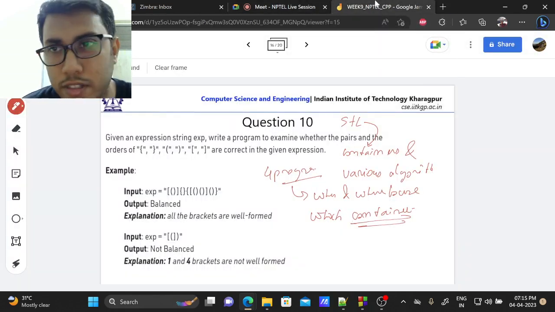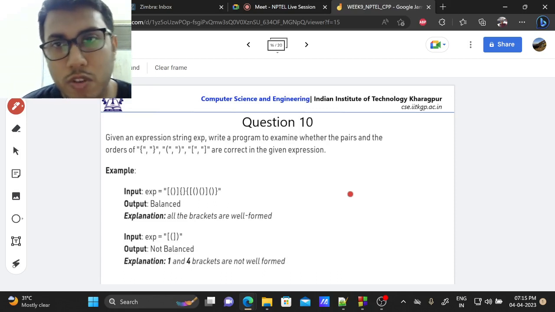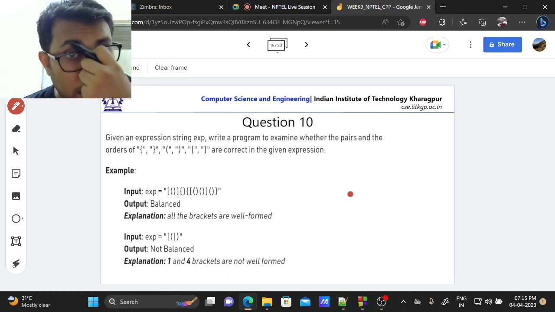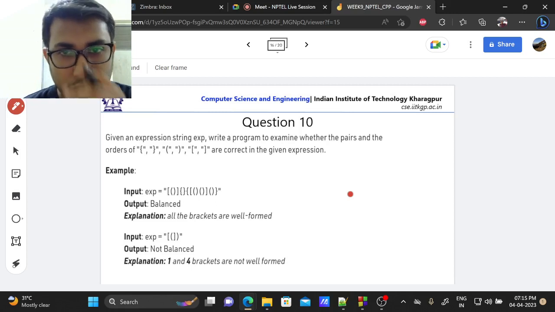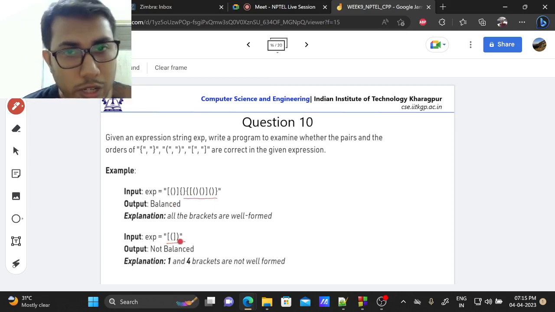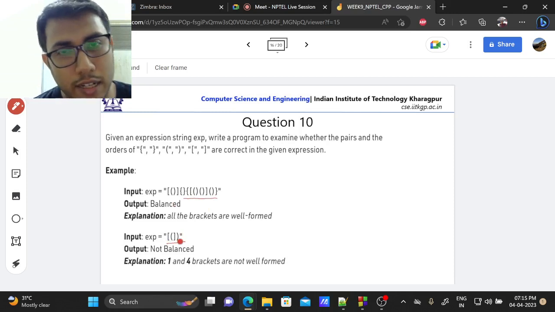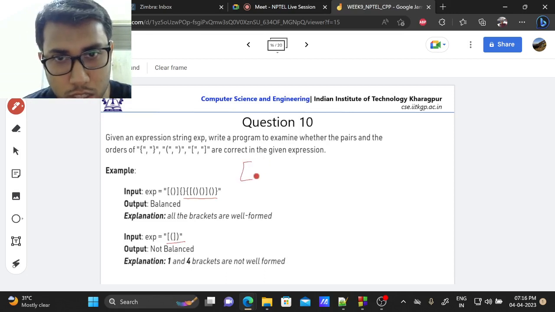So here the question is, you have been given a string expression. Write a program to examine whether the pairs and the orders of these brackets are in correct order in the given expression. Basically, suppose you have been given this or this, you need to find out whether the opening and the closing are in correct format or not. Suppose you see this example,